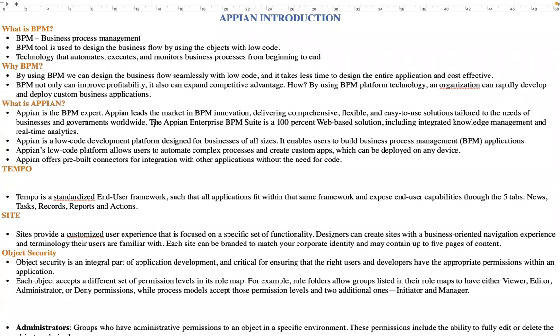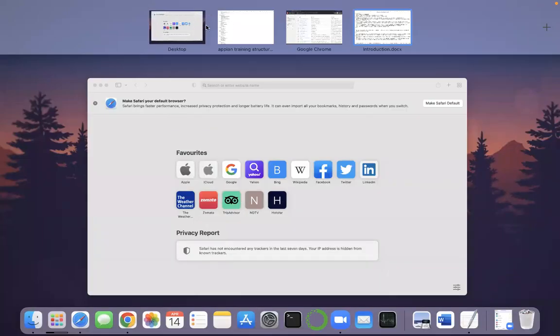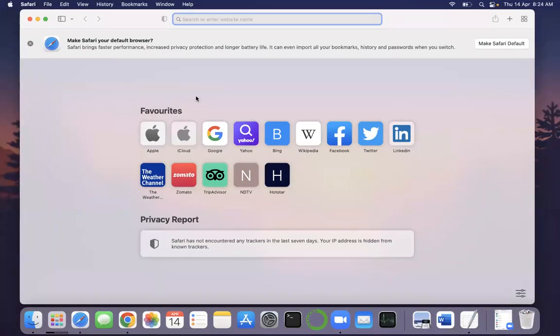Currently, most of the organizations are using only cloud-based. They buy the cloud suite of Appian, and they provide you access to that particular environment through a web URL. Let me show it.